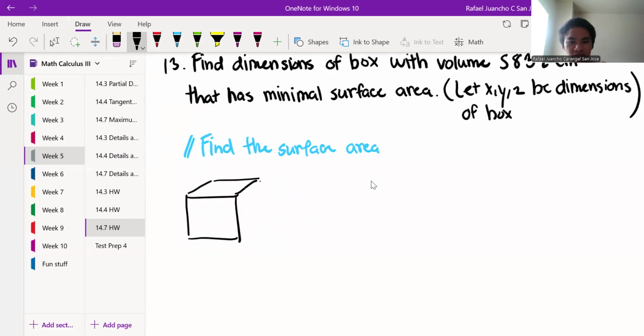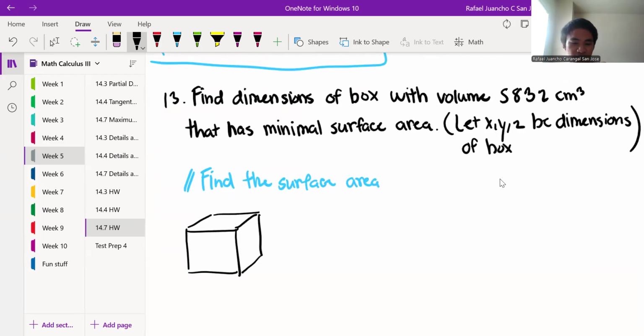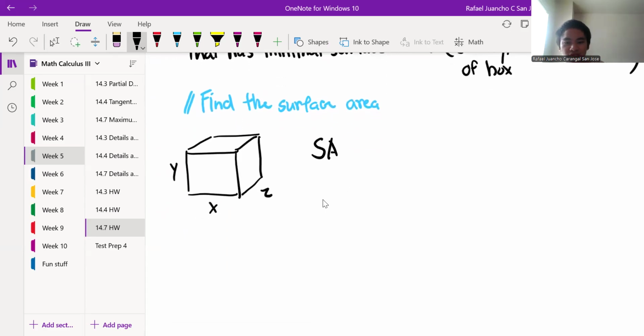This is what a box looks like. And it says here that it has X, Y, Z dimensions. So we can say, okay, this is my X, this is my Y, this is my Z. And so what's the total surface area of our box? We'll call it SA. So the way we can define this is the area of,